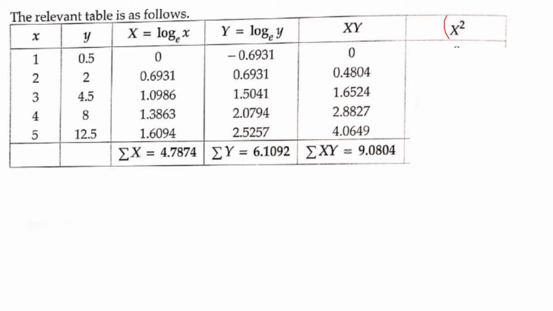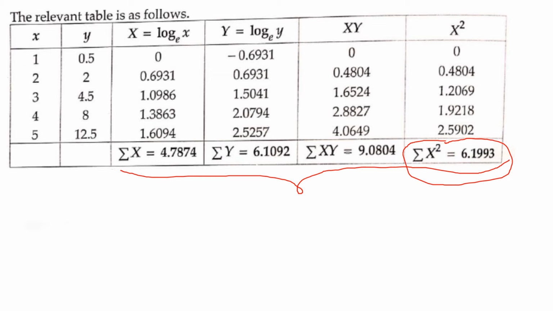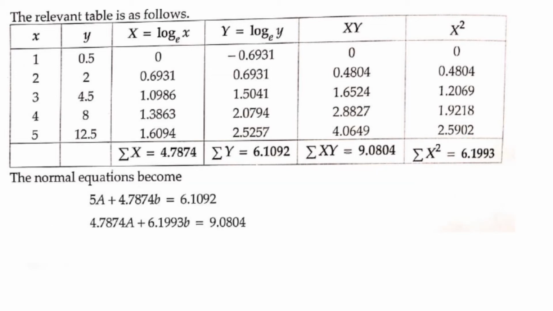Also we require in the normal equations summation of x square. How do we find summation of x square? First we need to create a column of x square by squaring these x values. Square these x values, you get the x square column, and add all the values, you will get sigma x square. Now let us substitute all these summation values in the normal equations as we have mentioned in the previous slide. After substitution we get this, and in the place of small n we have taken 5 because in total we have 5 observations.